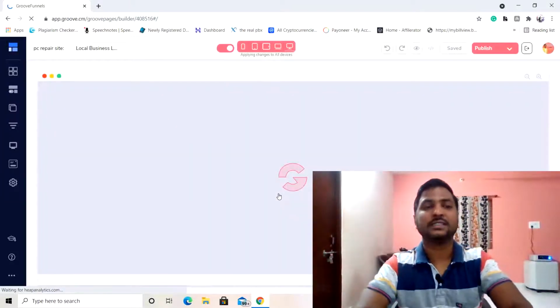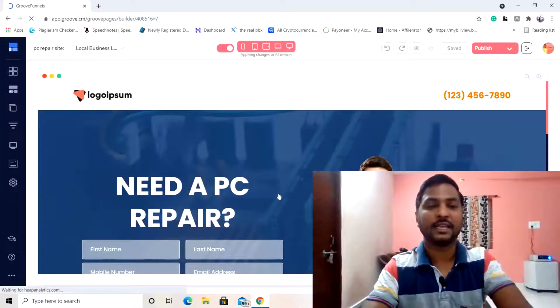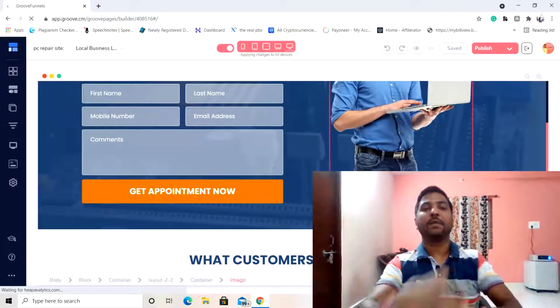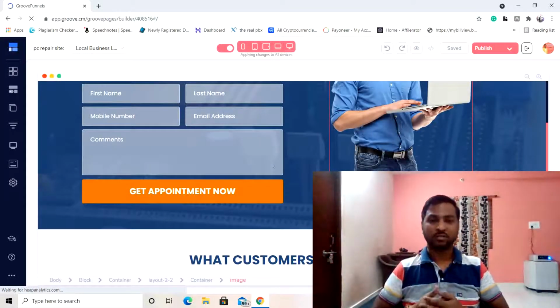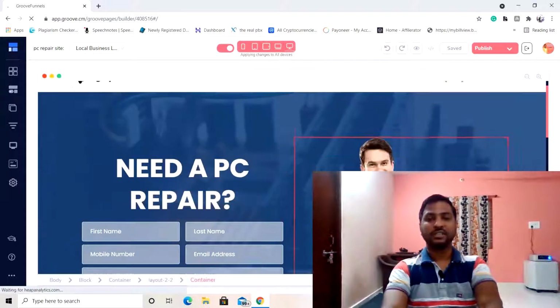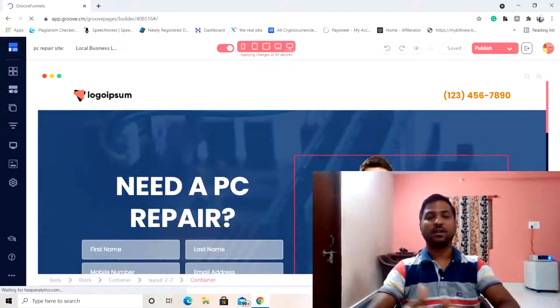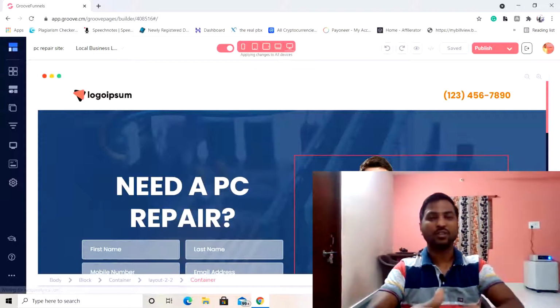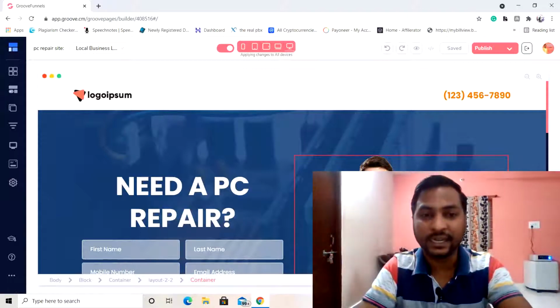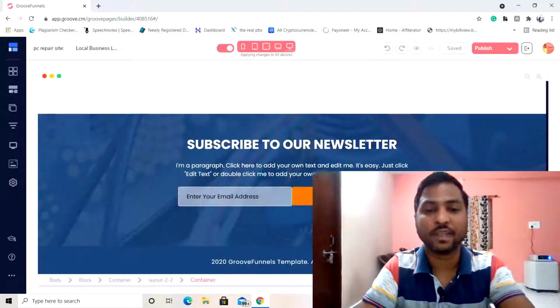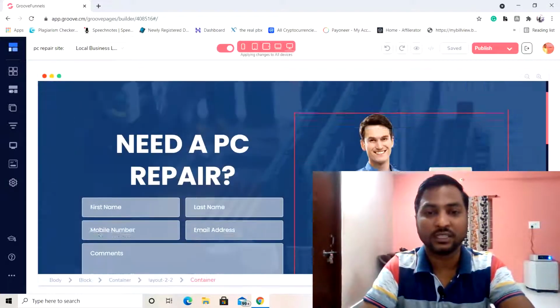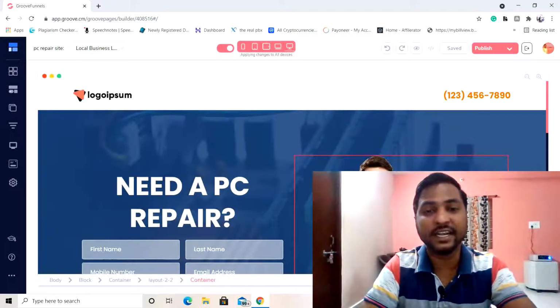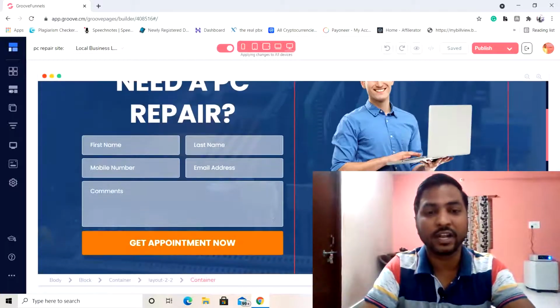So now you can see that editing area in front of us, and now we can go ahead and make the changes according to us. All right, so the very first thing that you can see, the design is completely done over there. I don't think that the design is needed in this particular page, because the things which are needed over here are already provided.